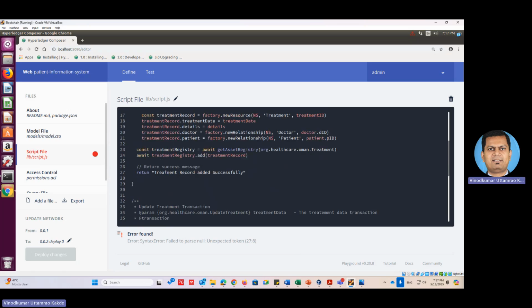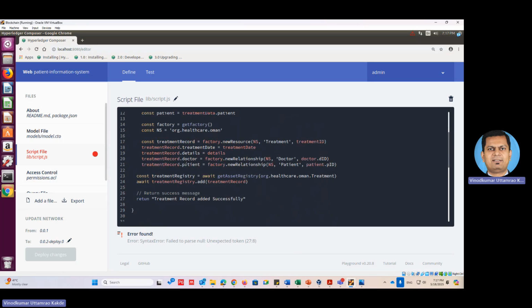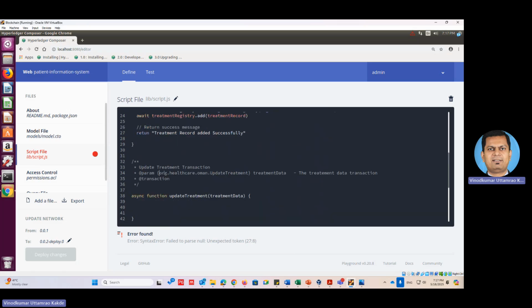Here we already had the treatment details. Don't forget to change this to org.healthcare.oman.update treatment, and the variable name I have to change to update data. I'm just changing it so that you can understand. So update treatment, and here I'm going to pass the variable name